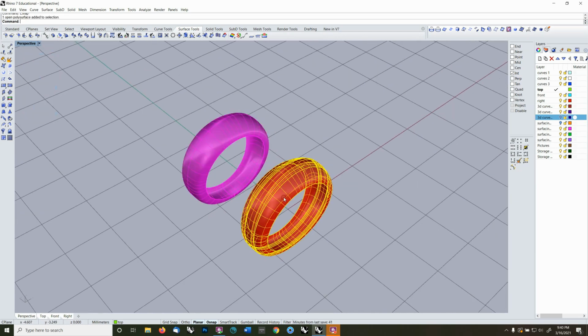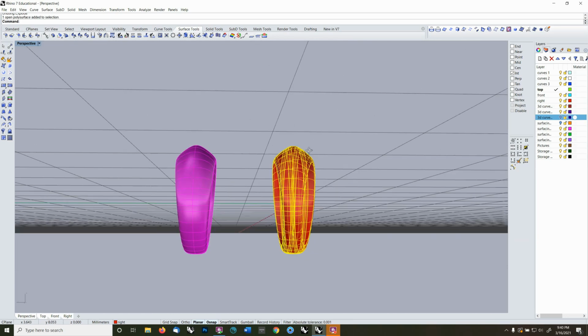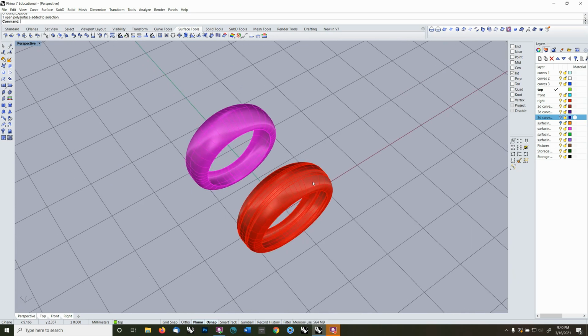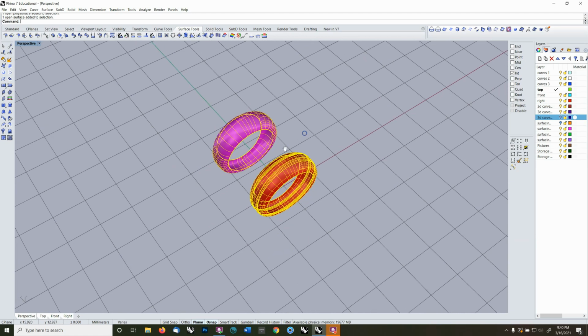A fast way to know what this is, is to explode it and read the command history, or the command line. Exploded a poly surface into 7. Okay? Then you can undo. So you know what this is, because if you're trying to model on this later, you need to know how many strips of surfacing you're dealing with. And this brings us to